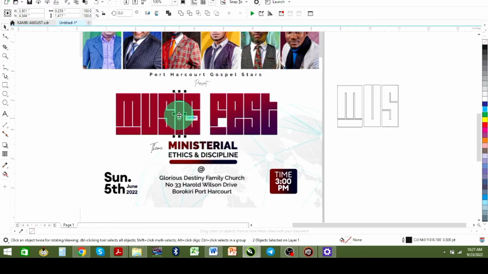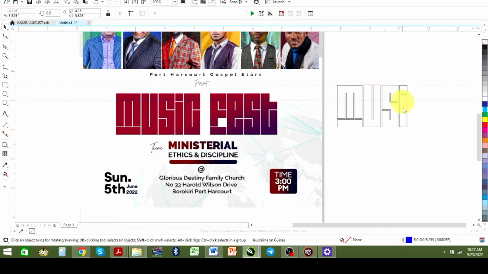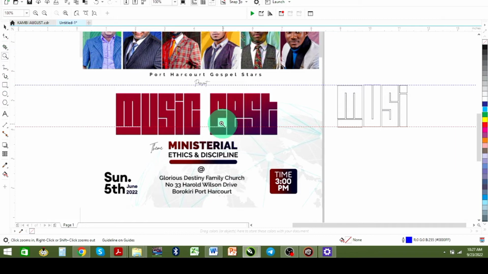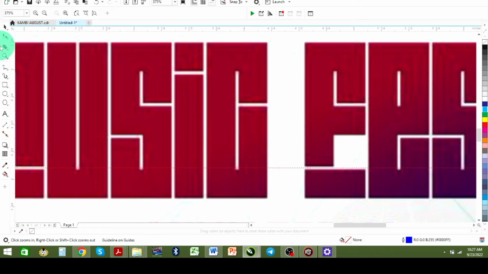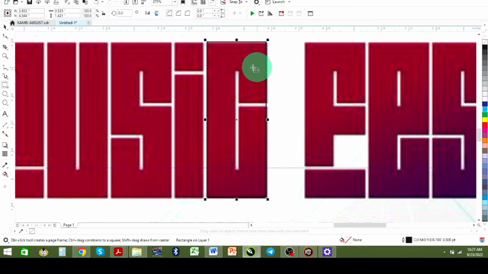So I'm going to move this out and drop it here. I can bring in my ruler to make sure it's aligned, but I can do that when I'm done. But let me just keep setting it on this side. Move it. Yes. So the next thing now is to draw the C. So you have to look at this closely as well. Same thing here. Draw our rectangle tool. Draw another one here. Then draw this one here. Good. So let me zoom in on it,